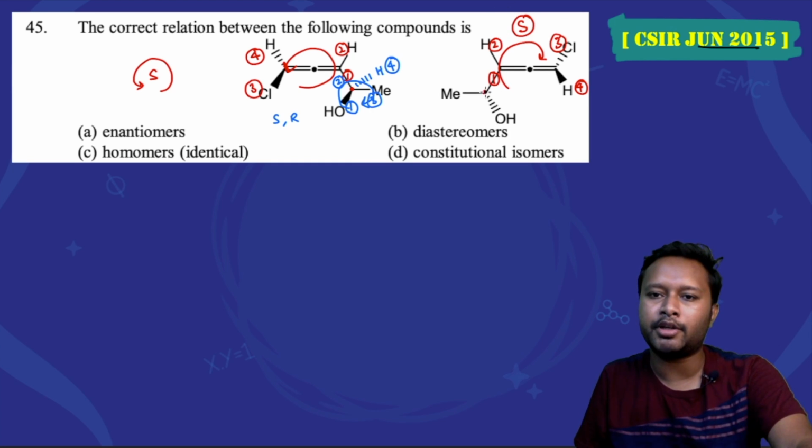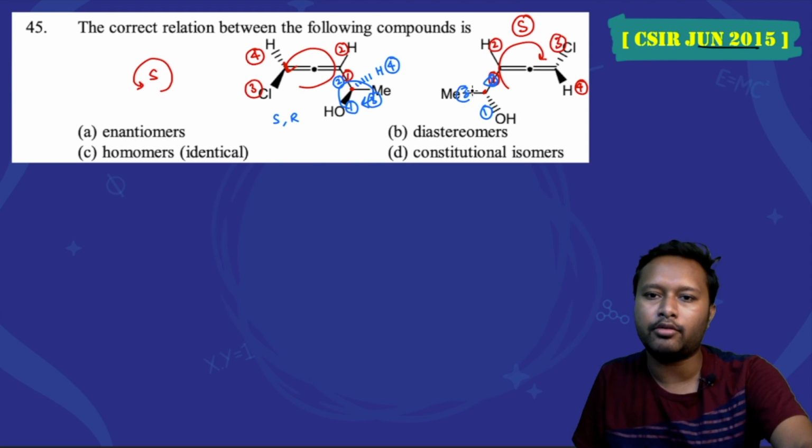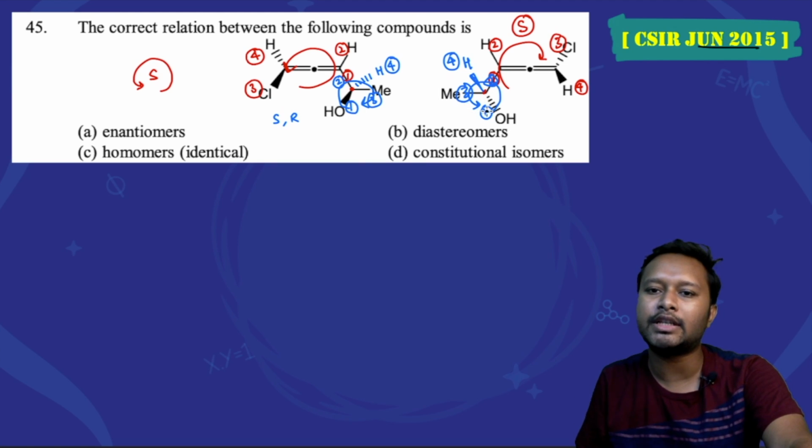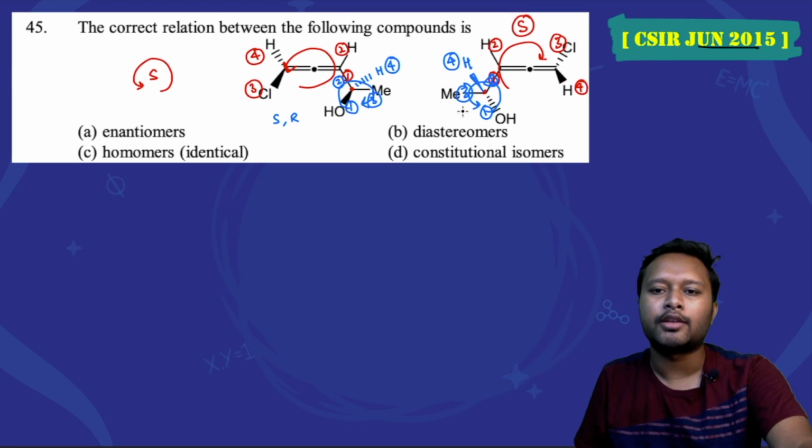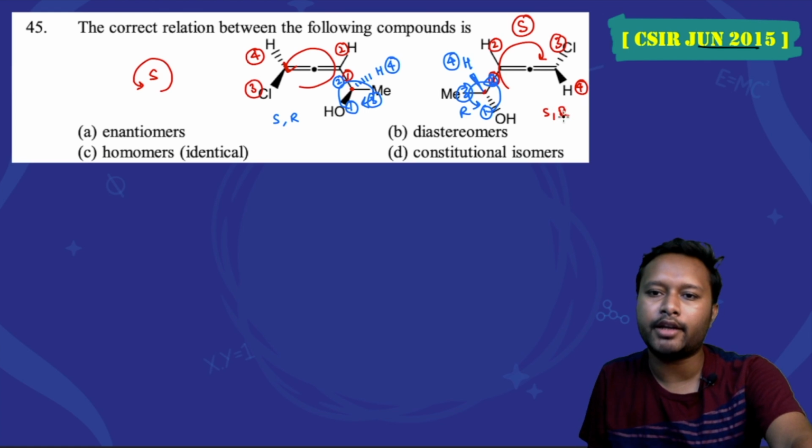Talking about this particular chiral carbon, start numbering from here. So this will be 1, this will be 2, this will be 3, and the fourth priority group is now going to be above the plane, because this group is below the plane. So the hydrogen, which is the fourth priority group, is going to come above the plane. Here when you do the rotation, you are doing it in the anti-clockwise direction. It should come out S, but it will come out R, because the fourth priority group is not below the plane. So that's why it will be R. So you got the same configurations: S for the allene part and R for the chiral center.